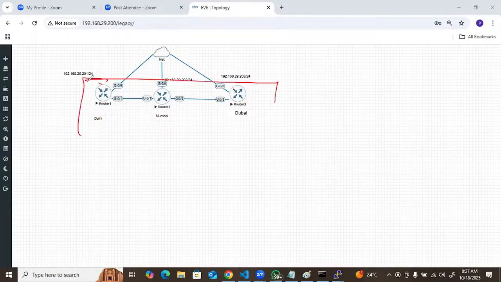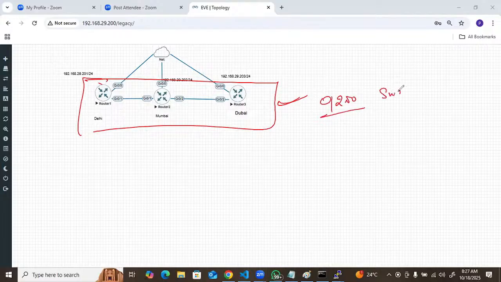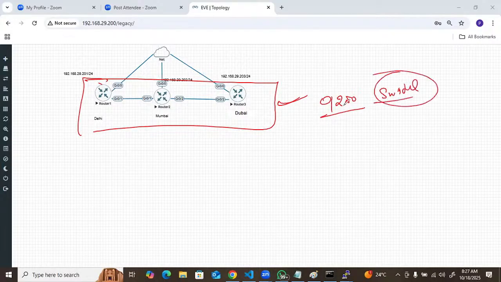How many students are there who have already upgraded network equipment in the production network? Suppose you are going to upgrade a 1920 series switch. Is anyone there who has already upgraded? Yes, sir. I have done it. Sorry? Which model? Done upgradation. Yeah, okay. You have done the upgradation. What are the steps to upgrade the devices? We configure the TFTP and then download the OS and then copy that OS.